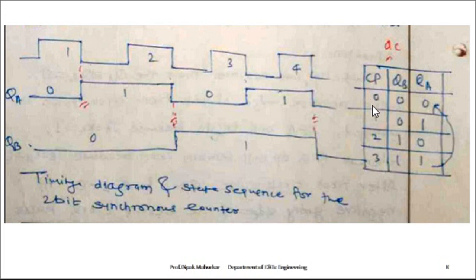The clock pulse is applied, and counting starts with 0, that's why we have written 0, 1, 2, 3, 4. These are the conditions showing the value of QA and QB, and in this way the respective flip flop will toggle. So this is related to the synchronous type of counter.